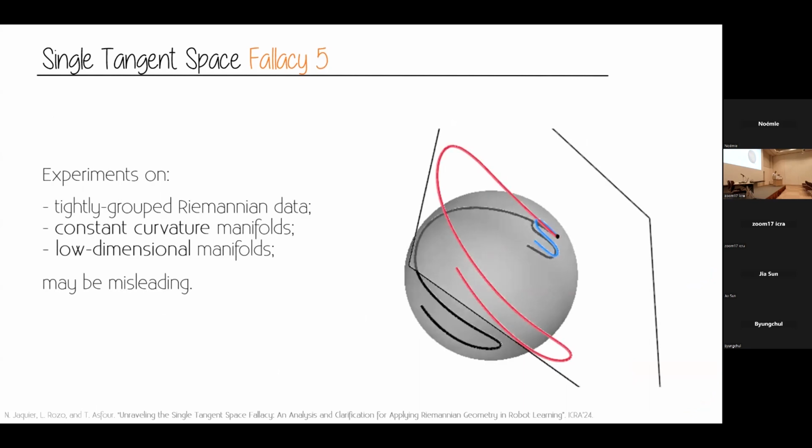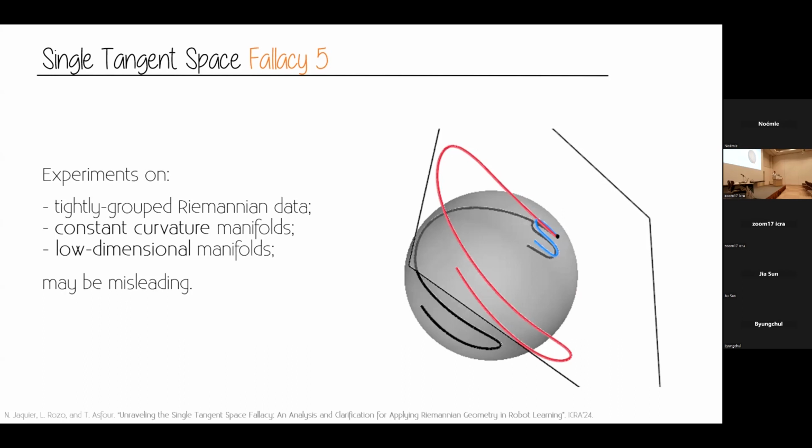The fifth fallacy is mainly an experiment-based fallacy. If we have a look at the data in the plot, we have a very tiny S-shape and a very big S-shaped trajectory. If I use the log map to project that to a single tangent space, for the one that is very tiny, you see that the distortion is actually very small. So sometimes what we have observed with some works is that people running some toy examples